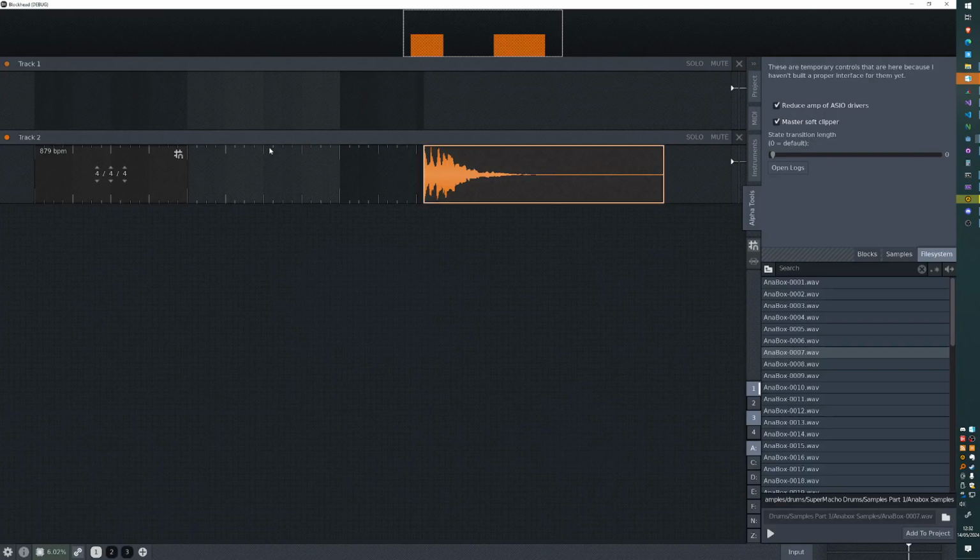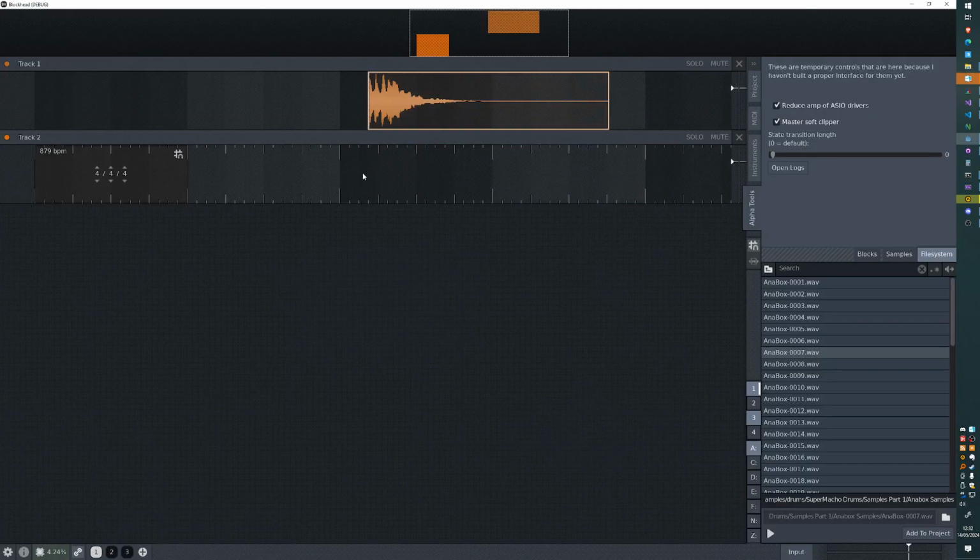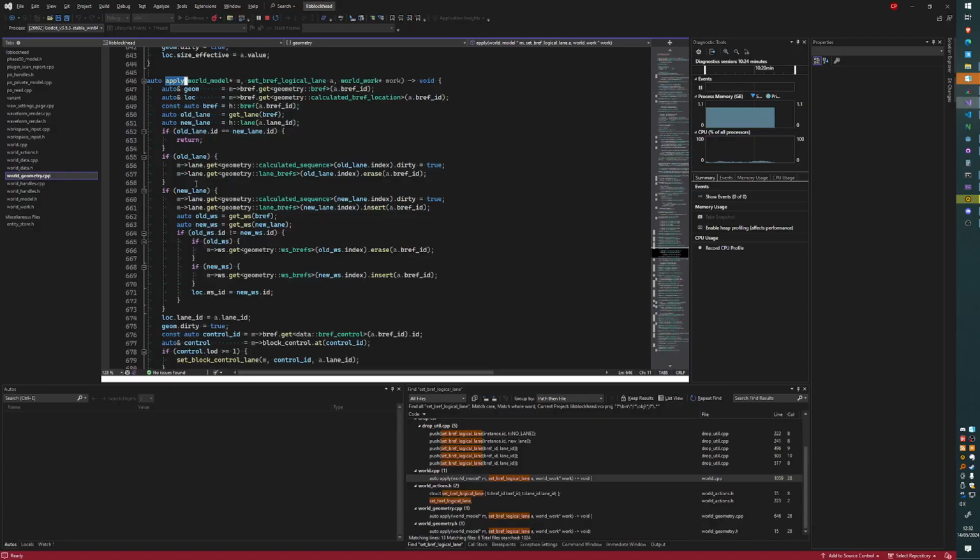So there's two things we want to check. We want to check the lane that we were moving from and the lane we're moving to. We need to check both to see if there was or is now a tempo guide to the left. And if there was, then we need to mark it to update. So